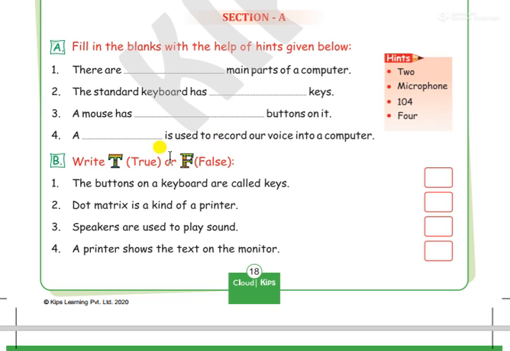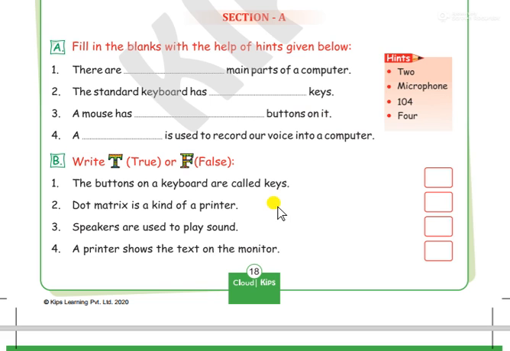Okay, now your question number 4: a dash is used to record our voice into a computer. तो voice record करने के लिए हमने कौन सी device देखी थी? Microphone. Which device is used to record voice? That is microphone.